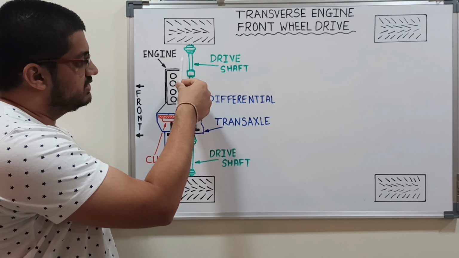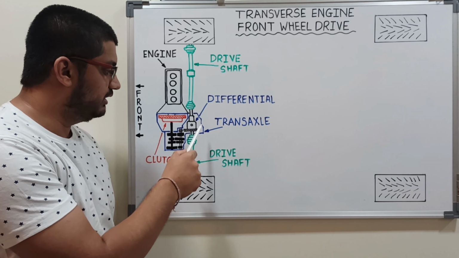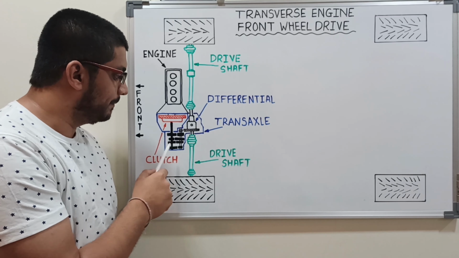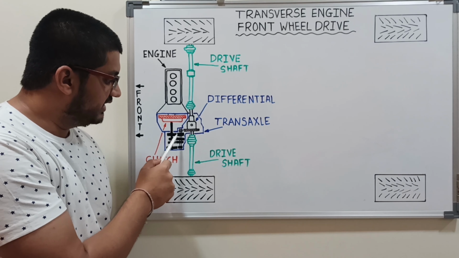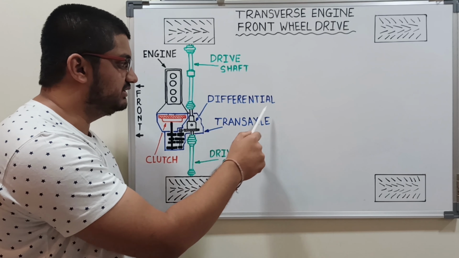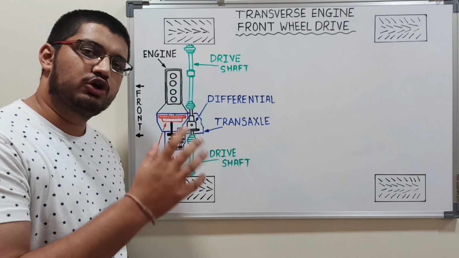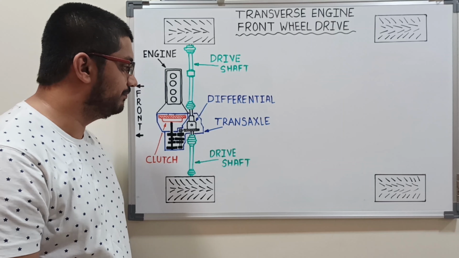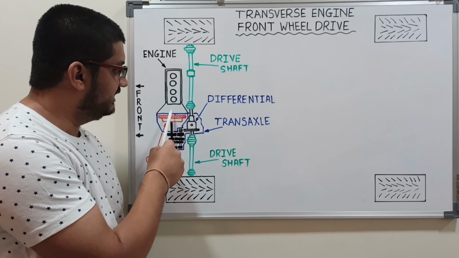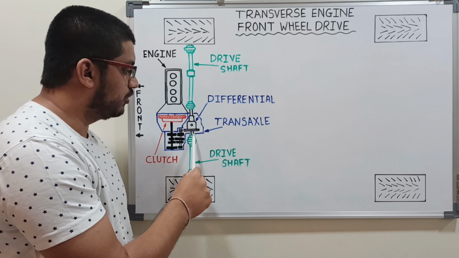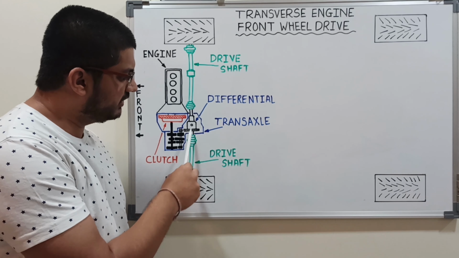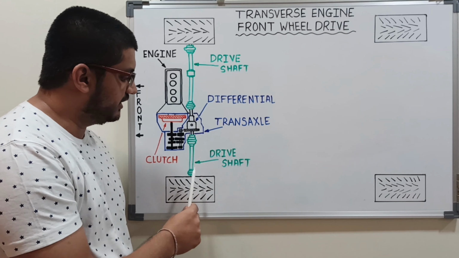The next component is the transaxle. The complete blue housing, everything drawn in blue, is a transaxle. The black things over here show the gears inside the transaxle. And this thing which I have marked here is the differential, which as we know is incorporated in the transaxle by default. So these are the three main components: the transversely mounted engine, and the transaxle with the differential incorporated in it. And after the differential, there are these two drive shafts.